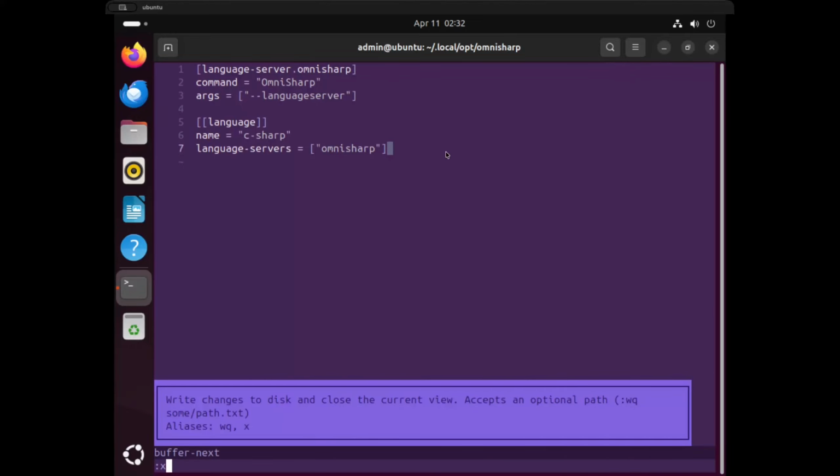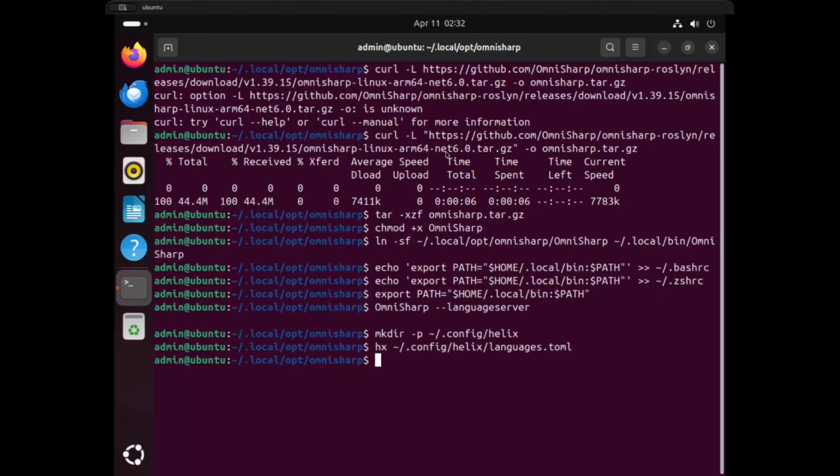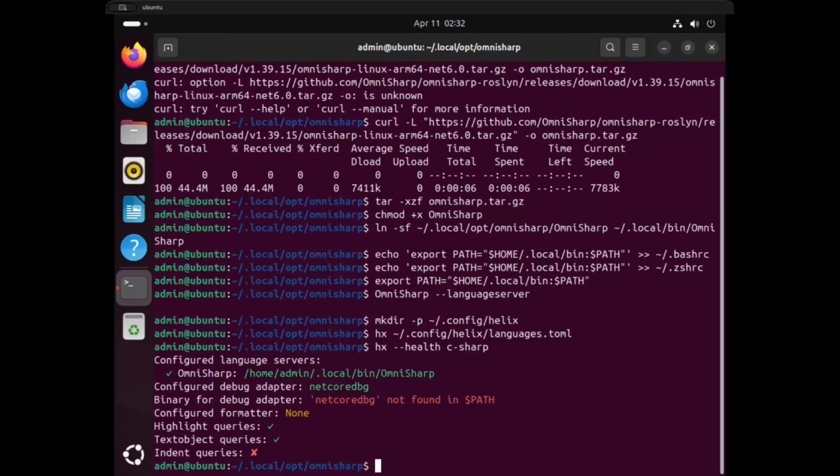Save and close. And now we need to test the server configuration health with this command. Okay, so Helix knows about OmniSharp,